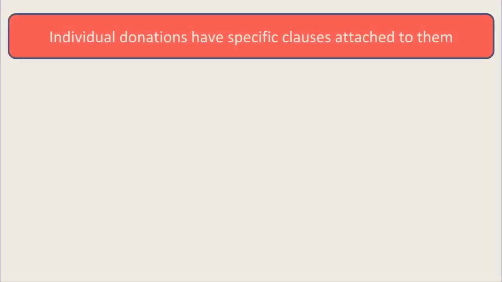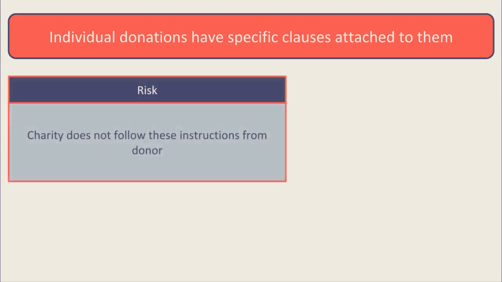Some individual donations have specific clauses attached to them. This could be that amounts are not allowed to be spent and other amounts are to be spent on certain activities. There is a risk that the charity does not follow these instructions from the donor, and this is not disclosed